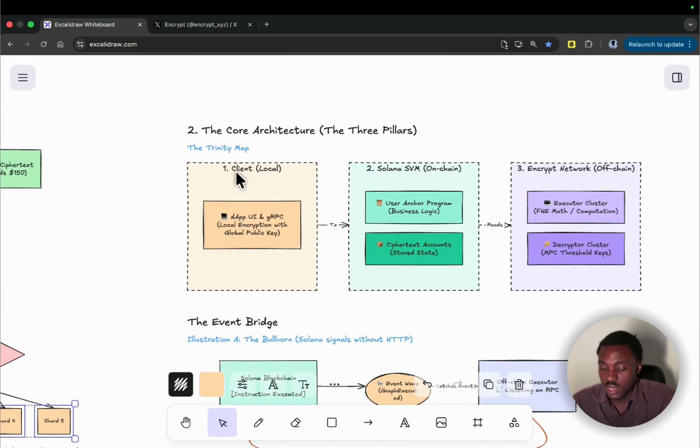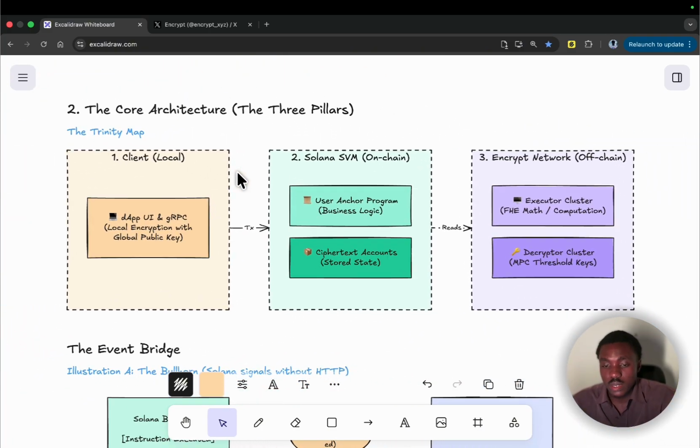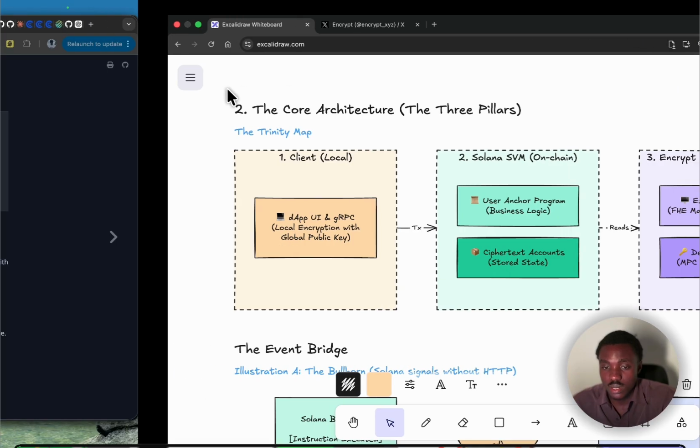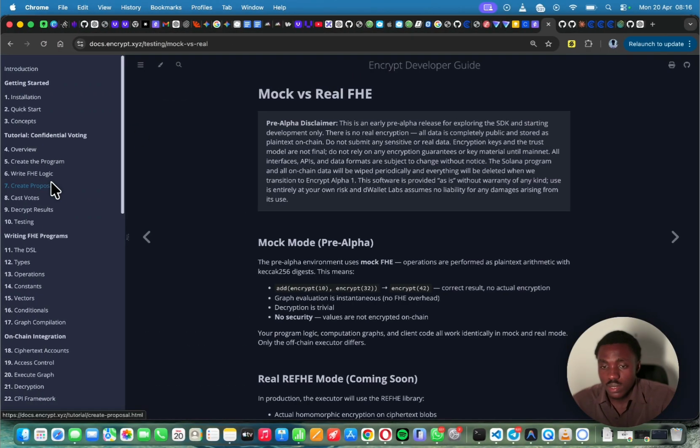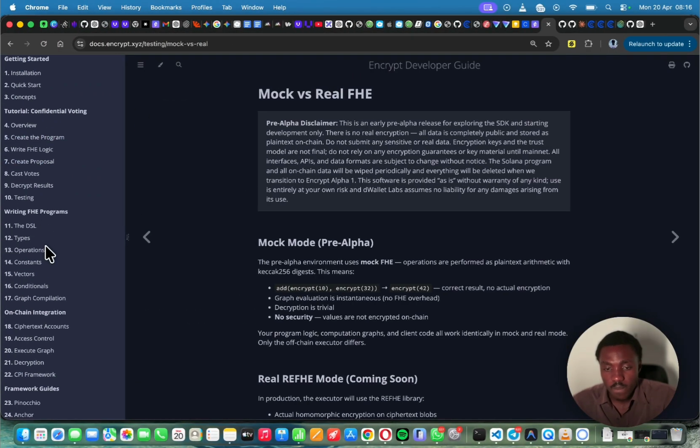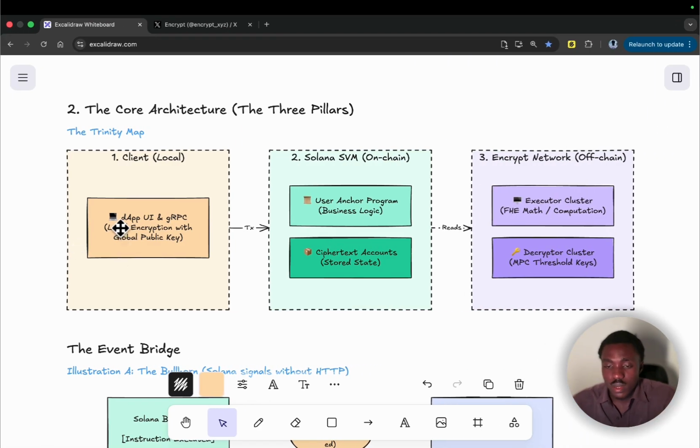Now we'll talk about the core architecture, how it works. The flow, first of all, is that the encryption is done locally. I forgot that. So first of all, encryption is done locally on the user's device via maybe the React SDK or the Encrypt SDK. You can see that we have their code base. This is their docs, so we can check here. I'll show you code still. We have the encryption done locally on the user's machine,